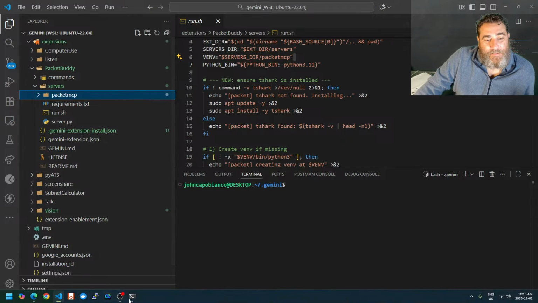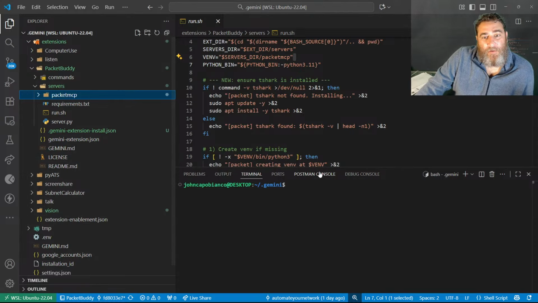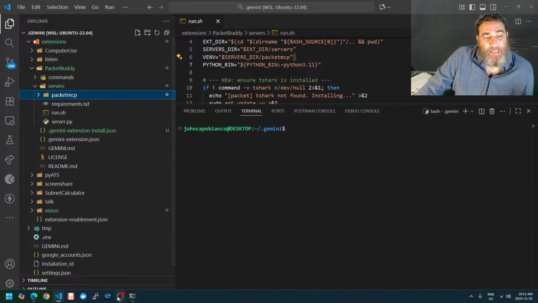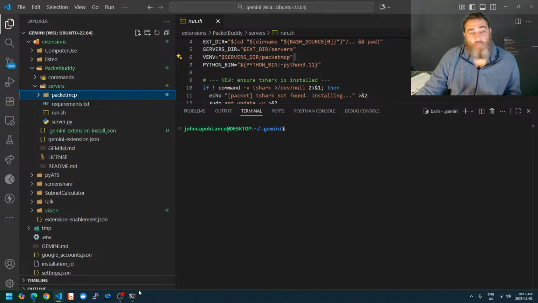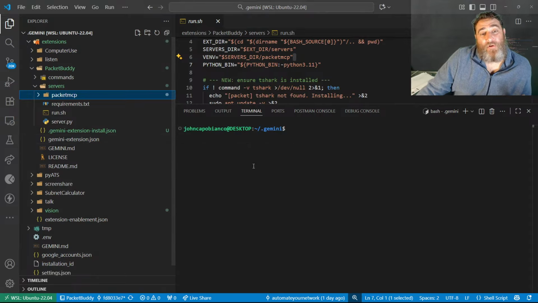Now, let's see how this packet capture is going. I'm going to show you how to troubleshoot one. All right, so let's just say what you're going to get when you launch Gemini, if you have a problem with your extension, is a 3200 error, something like that. Now, I've had this on a couple machines where their base Python environment is 3.9, and these extensions need at least 3.10. So on the user side, you're going to get an error that says like MCP failed to load, 3200 error or something, and it just doesn't load. What you can do to troubleshoot this